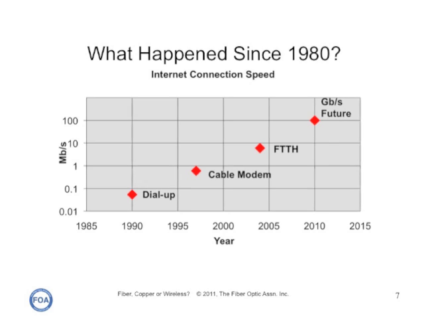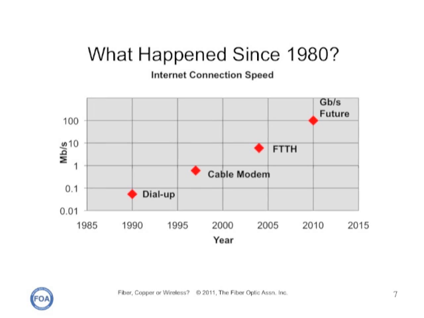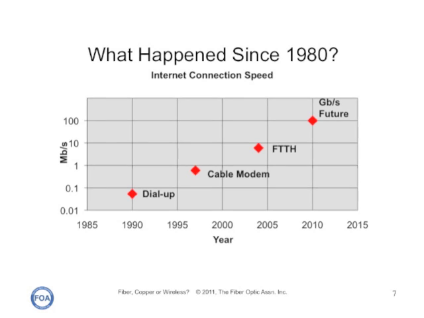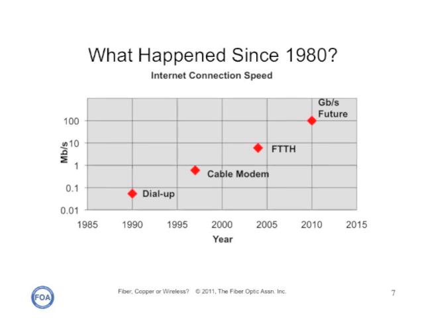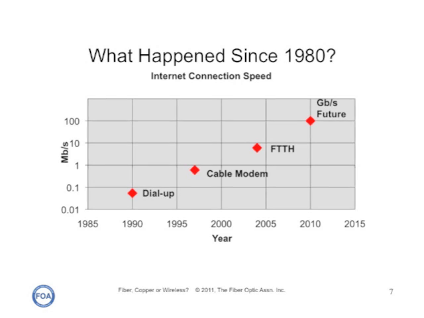Just look at what's happened to the typical internet connection speed since 1990, when we used dial-up modems at 3200 to 5600 baud. Then we went to cable modems at a megabit per second, fiber to the home at 10 megabits per second, and now being extended all the way to a gigabit per second. What kind of infrastructure can support these kind of speeds?